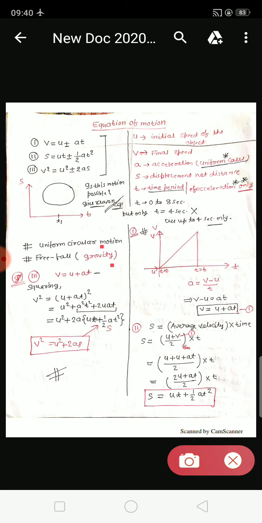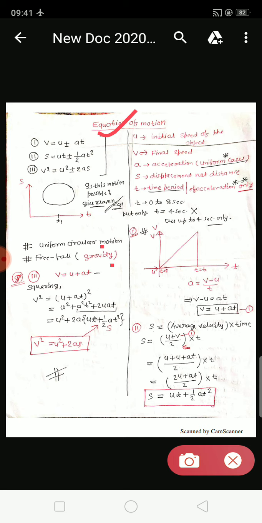So one thing which is remaining in this is the three equations of motion. Numerically I will show you the proof. What you need to do is, graphically from your books, try to find the equations. These three equations you need to find out. If you find any difficulty, again you can write in my comment section so that I will try to solve your problem. So there are three equations of motion related to this chapter.